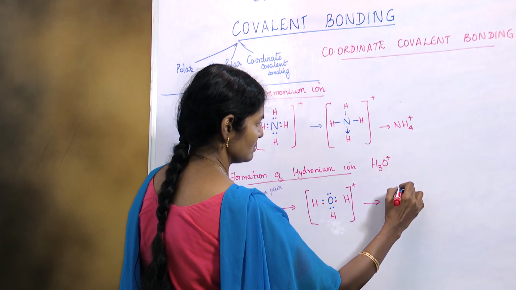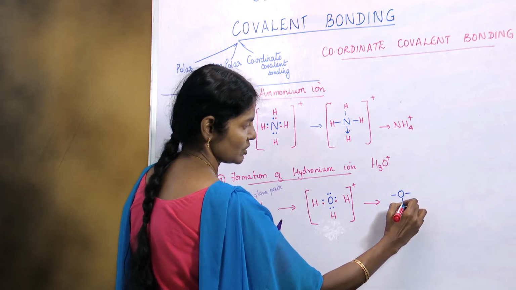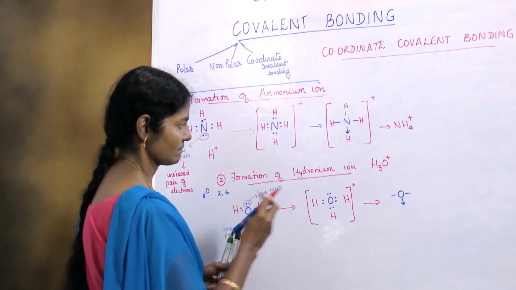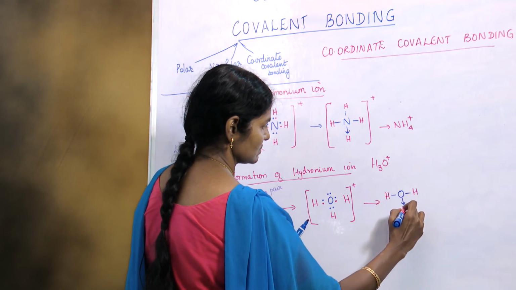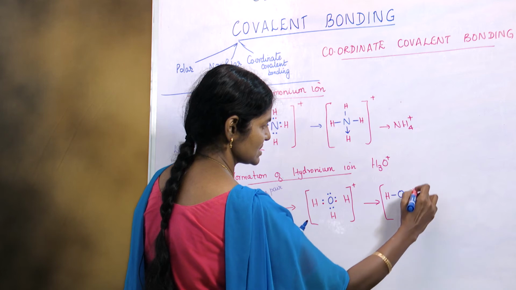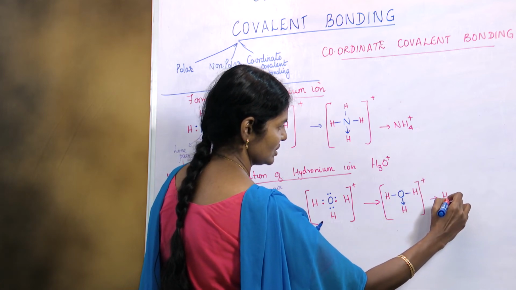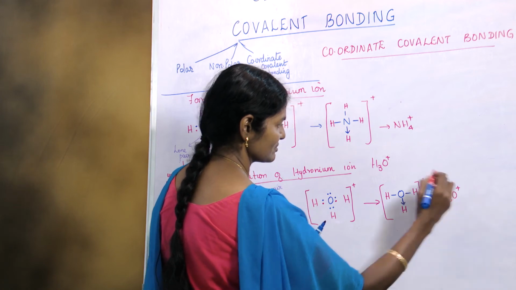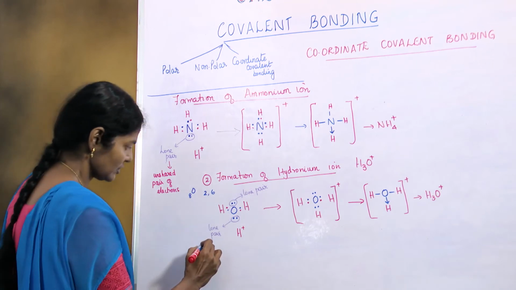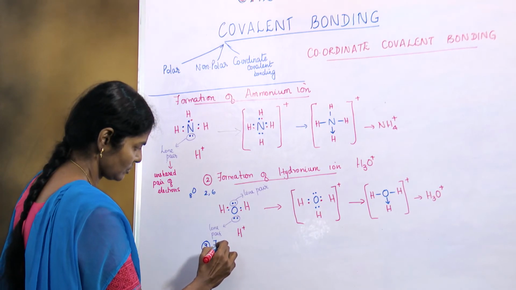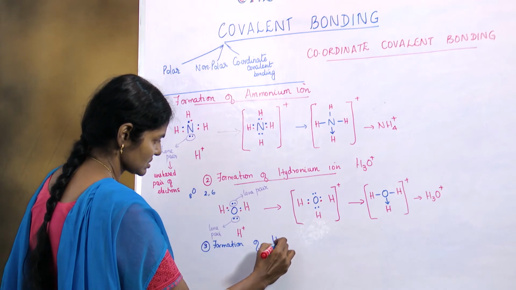with only the bonds this way, and not missing the positive charge here, that gives you hydronium ion. So this is how a hydronium ion is formed. The last one, we move on to formation of hydroxyl ion,